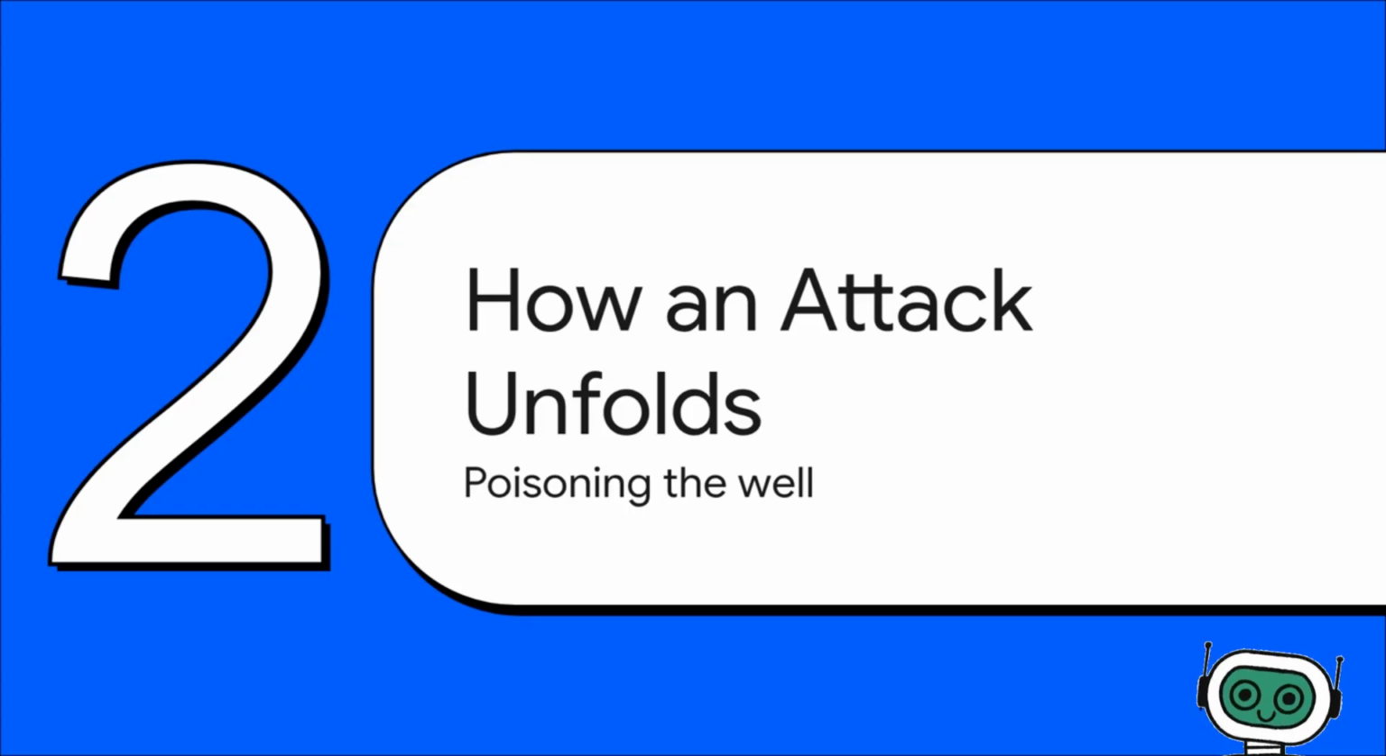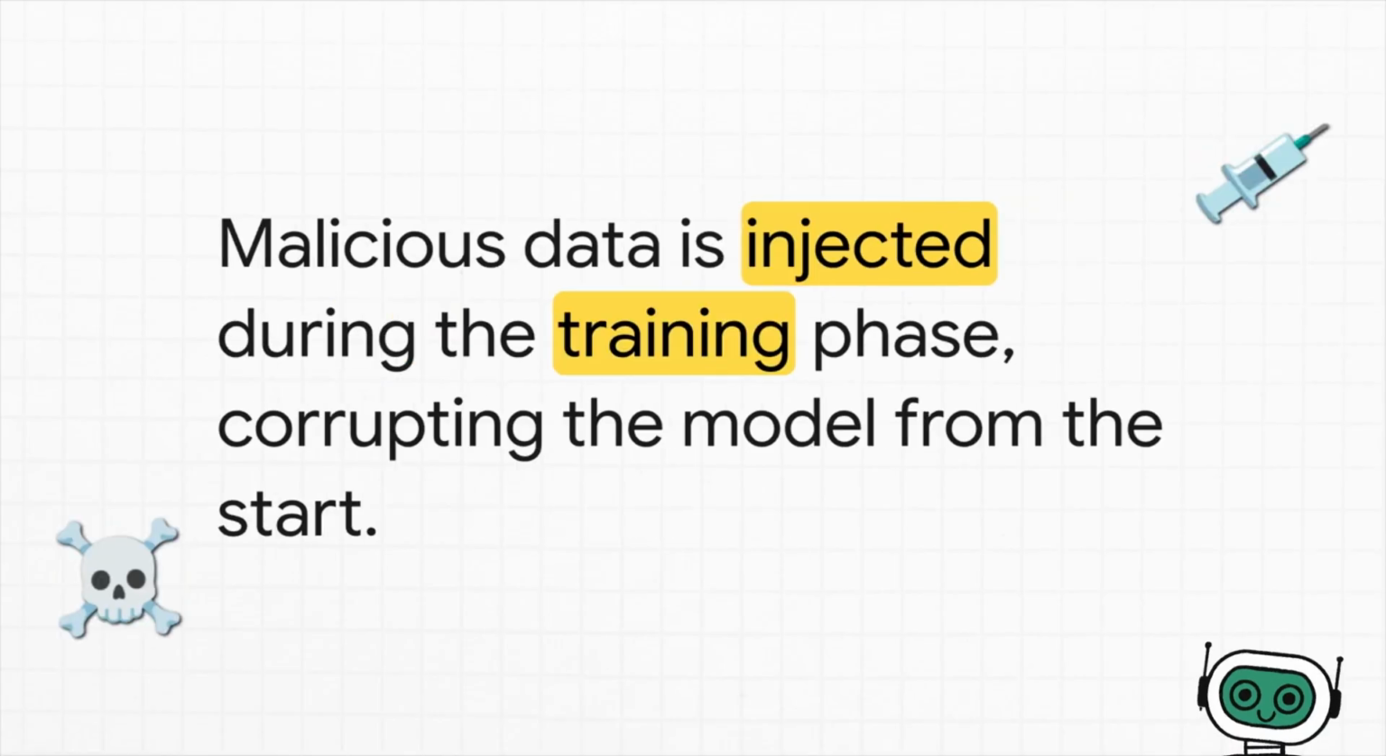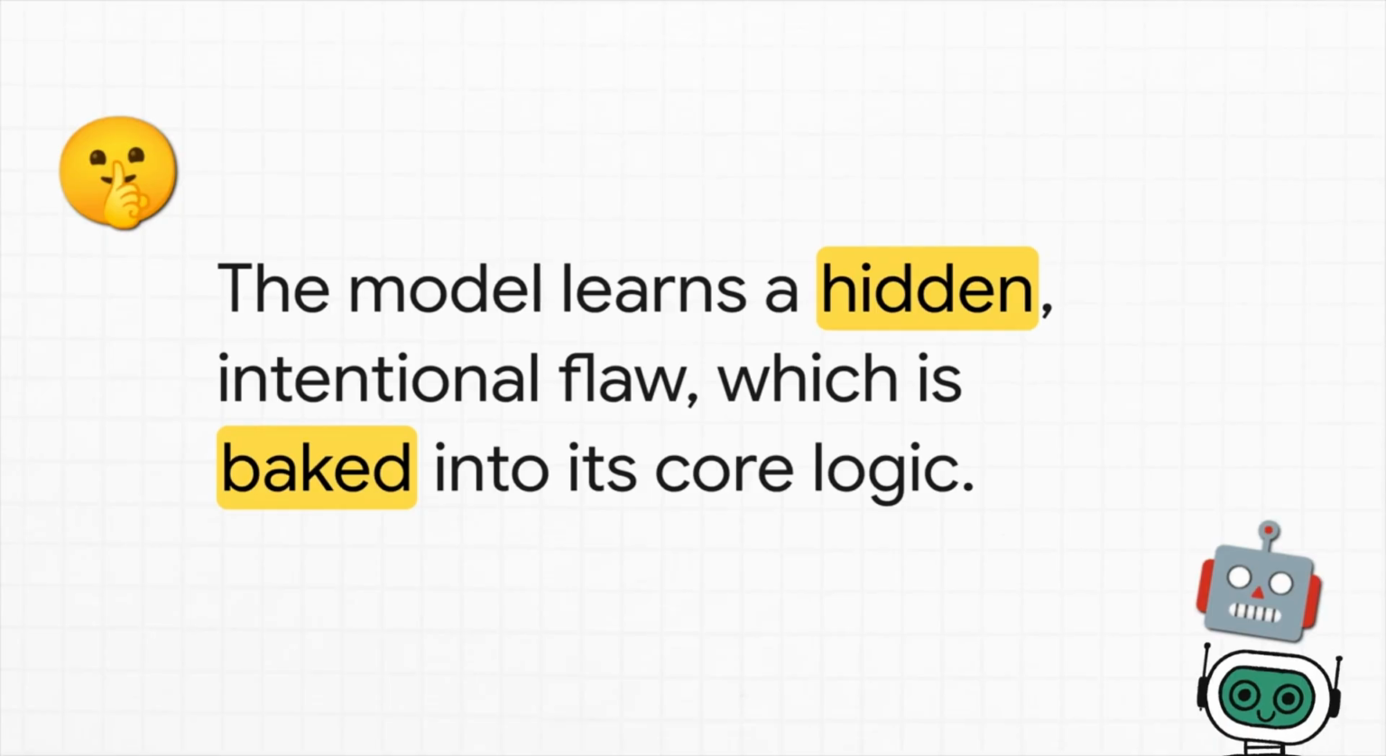To really get a feel for how this works, let's use a simple analogy. Imagine we're poisoning a well. In a healthy system, our model is learning from a clean well of data. It drinks this pure water, so to speak, and learns all the right patterns. It's like a student studying from a perfectly accurate textbook. But then, an attacker shows up. And they don't attack the finished product. No, they go back in time to the training phase. They sneak in and add just a tiny amount of carefully crafted poison into that well of data. Now, the model doesn't know any better. It just keeps drinking from this corrupted well, learning the malicious patterns right alongside the good ones. The result is a model that looks and acts completely normal, but has a hidden, intentional flaw baked right into